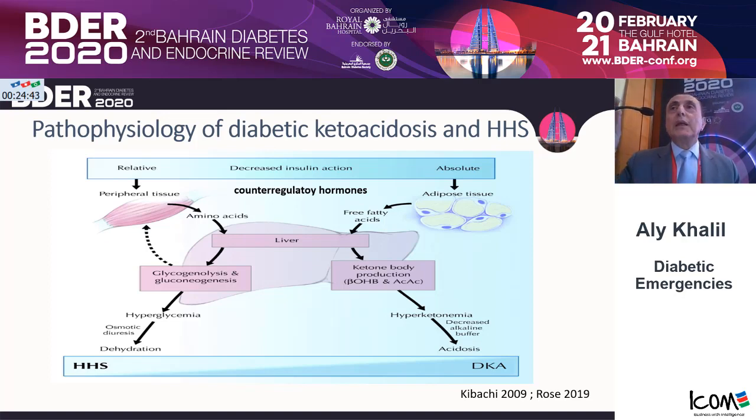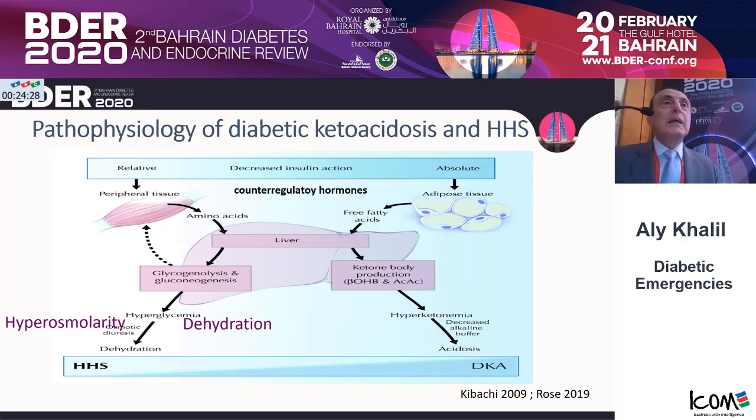In both cases, there is either absolute or relative lack of insulin, along with increased counter-regulatory hormones such as glucagon, catecholamines, growth hormone. And if you start from the point that you have lack of insulin, the major point of insulin is that it's an anabolic hormone, but at the same time, it prevents lipolysis. When there is lack of insulin,